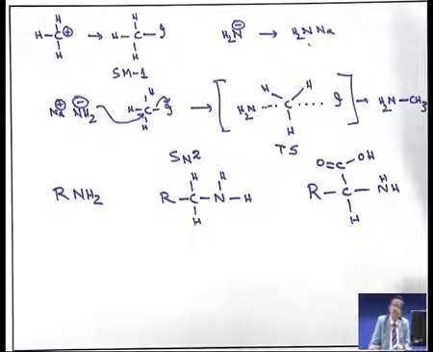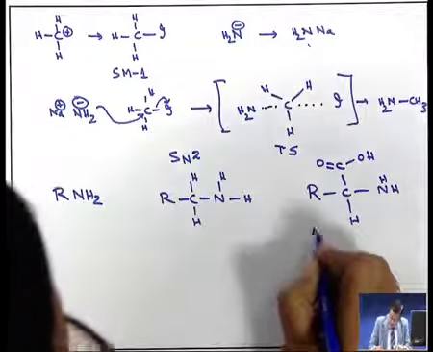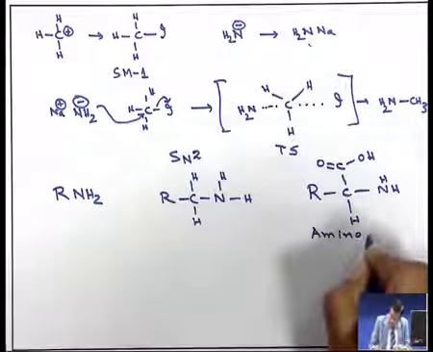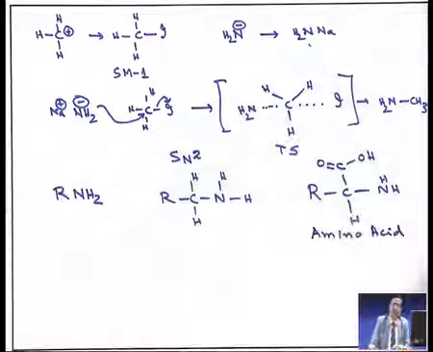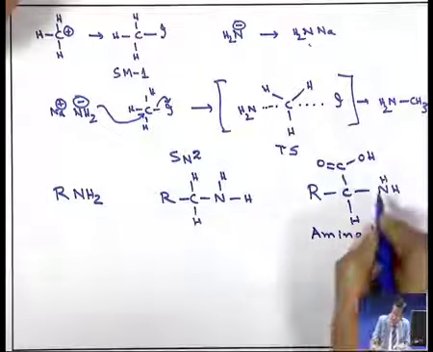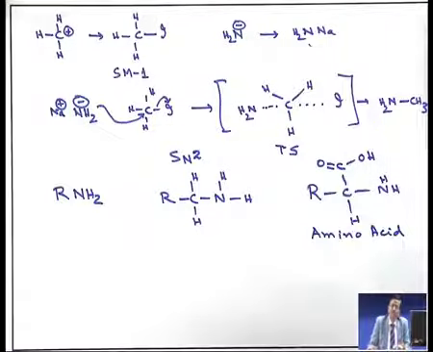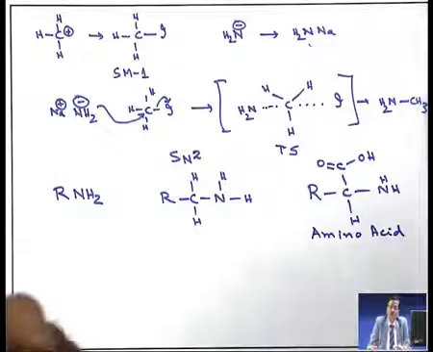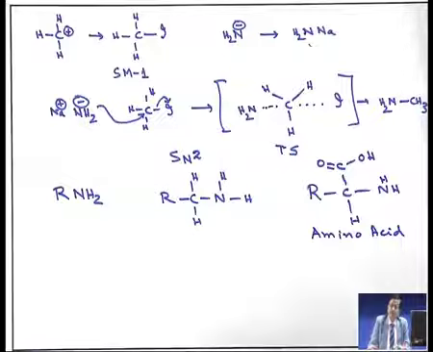Because this type of compound is present in many biologically active compounds. One of the simplest compounds is amino acid. What is amino acid? An amine group is present and an acidic group is also present. So, amino acids are a very simple compound where the NH2 and COOH groups are both present in the molecule. This is also a very interesting class of carbon nitrogen organic compounds, and nitrogen containing organic compounds are very important in everyday life. One example is amino acids.